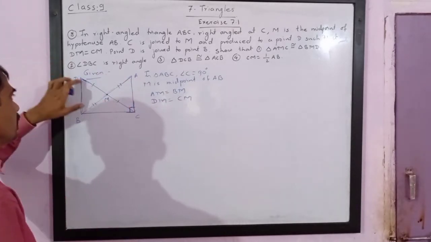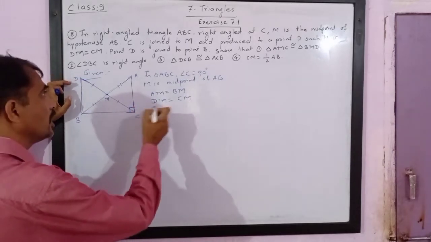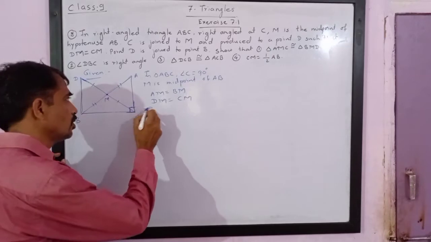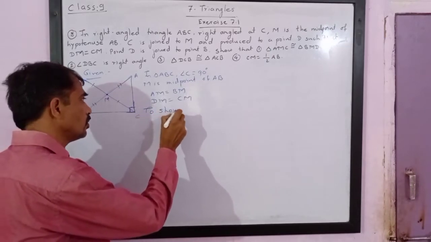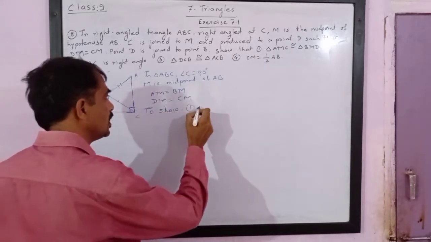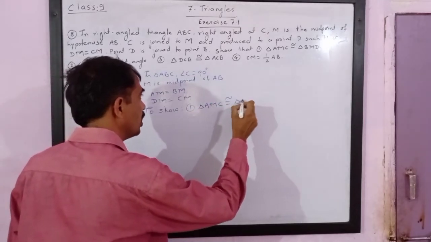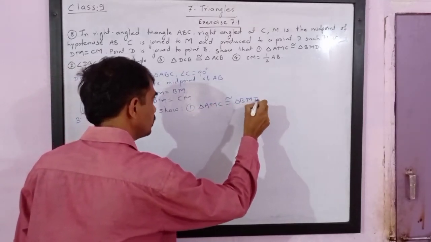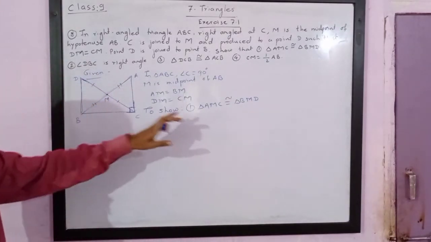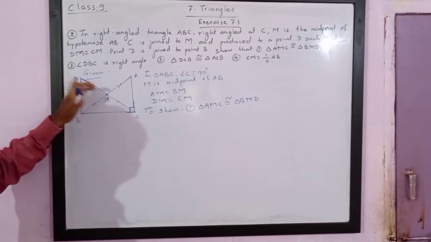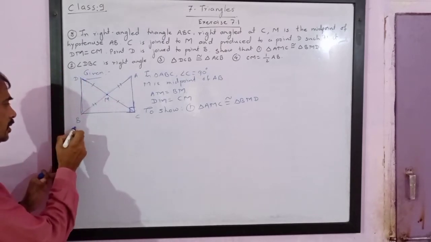Now we have to show first that triangle AMC is congruent to triangle BMD. So in order to show this, consider